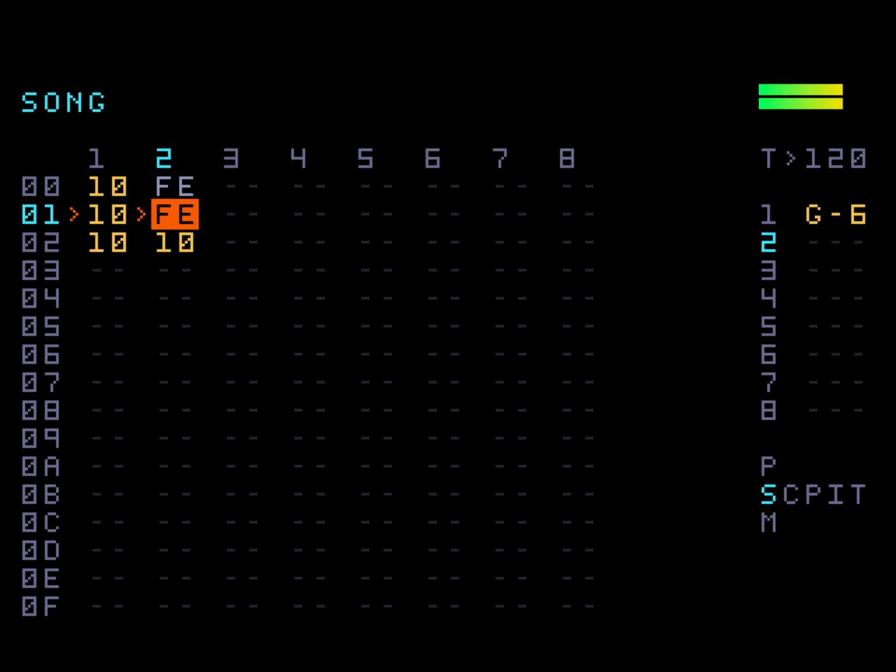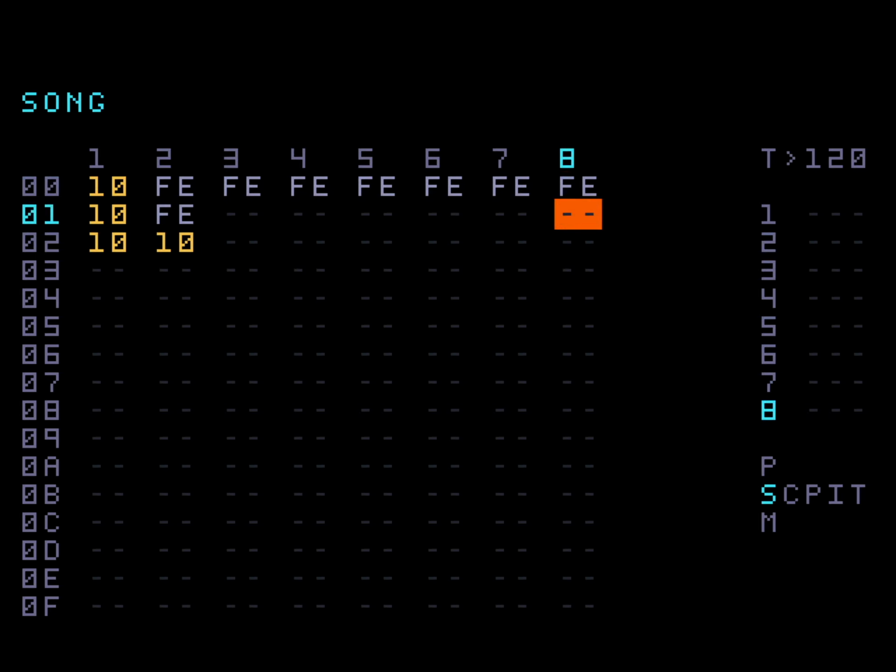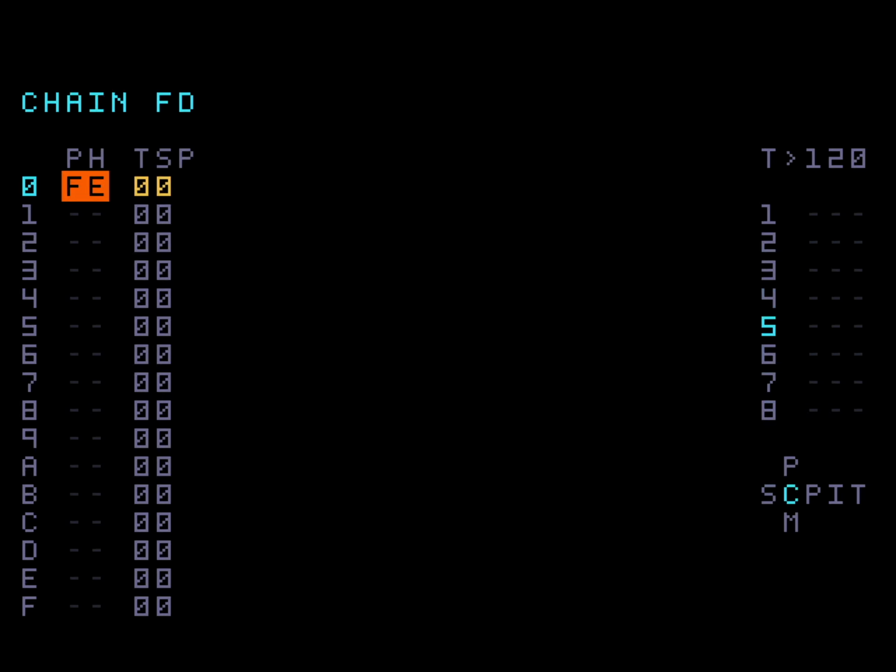Perfect. So what you do is you'll load up your various tracks that you don't want to be playing, but you might want to bring in later with the FE command or whatever value you have there. It's worth noting, of course, that perhaps you don't want them all to be 4 phrases long. You might want some to be half that time. So